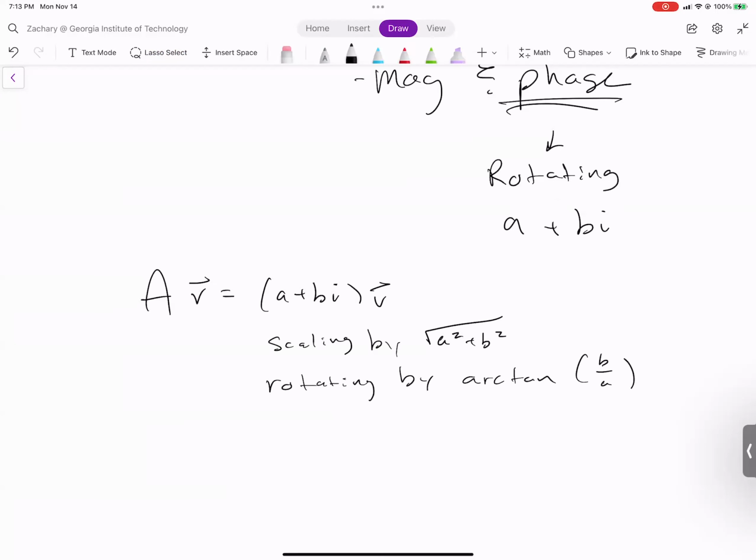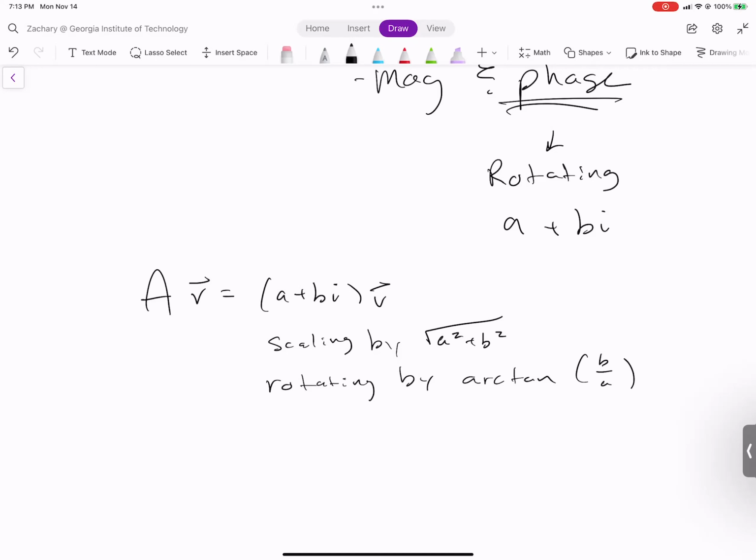If you use the traditional rotation matrix, it's going to be scaling by 1 and rotating by whatever degree that is. For example, if I give you a 2 by 2 matrix that's rotating by 45 degrees, what are my eigenvalues? They're going to be 1 over root 2 plus or minus 1 over root 2 i, because that's a 45-degree angle with a magnitude of 1. Okay, that's the relevance of complex eigenvalues.